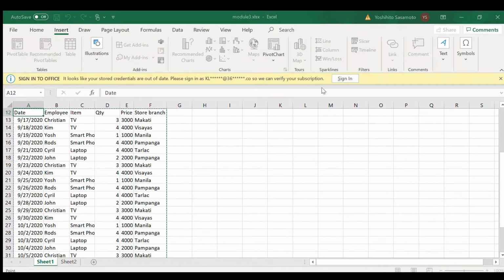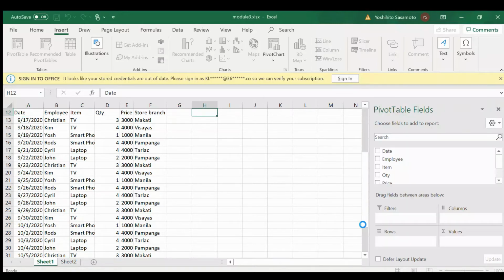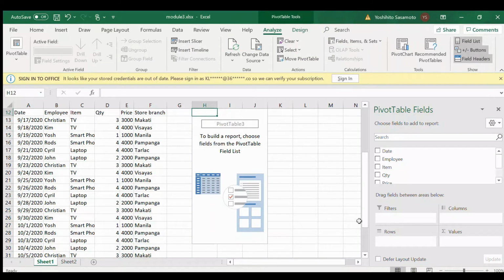There will be a pop-up asking what the range of your table data is and where you want to place your pivot table. I'll choose existing worksheet and place it next to my table, then click OK, and then there will be